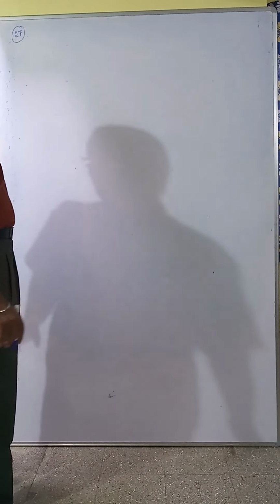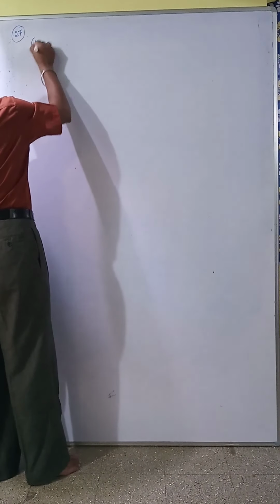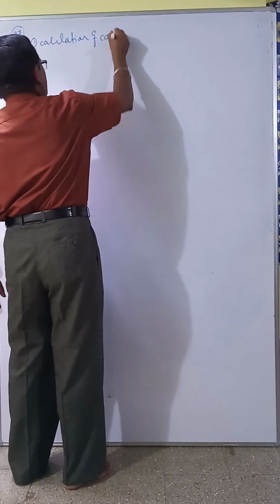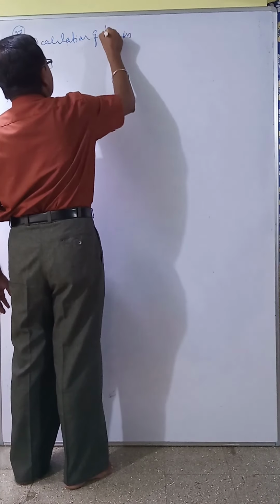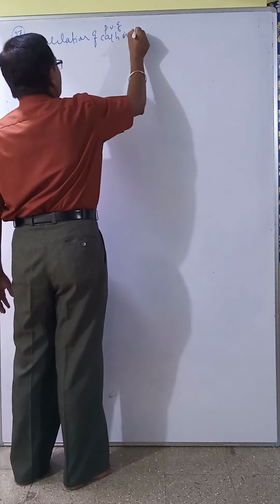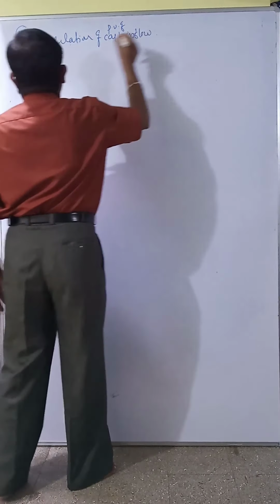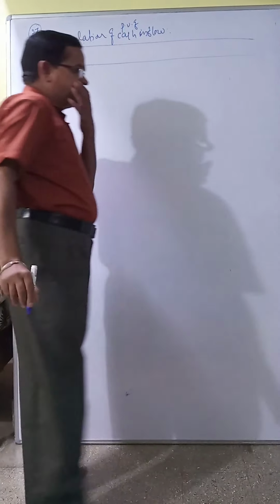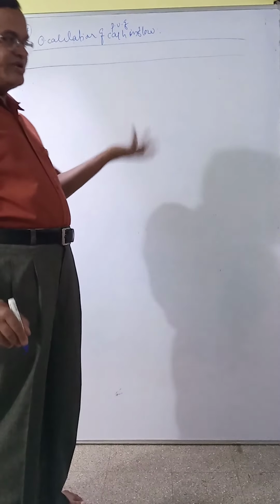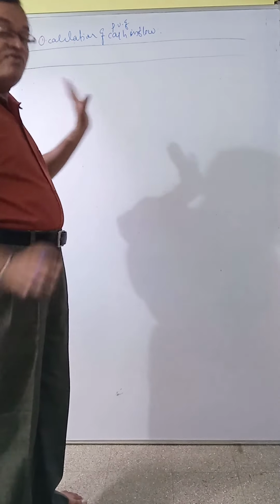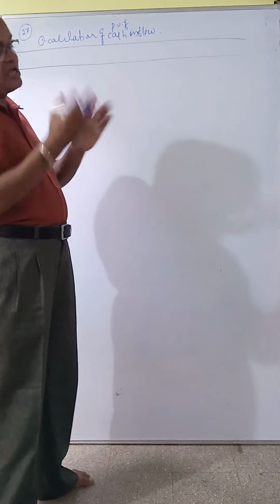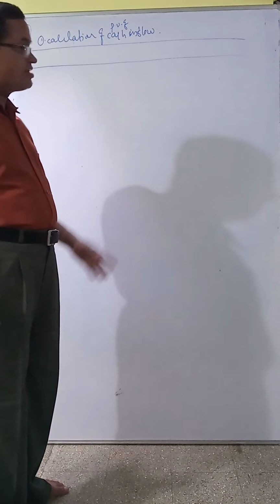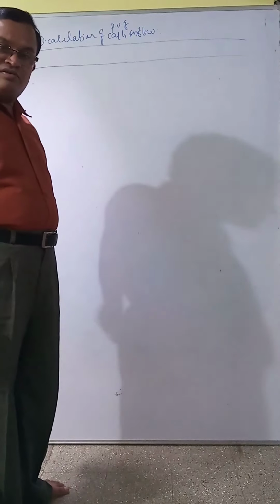Now, calculation of cash inflow. First step: present value of cash inflow. Here in this question nothing is specified about cash inflow after tax or before tax. We want cash inflow after tax but before depreciation, but since only cash inflow is given, you have to take the cash inflow directly.